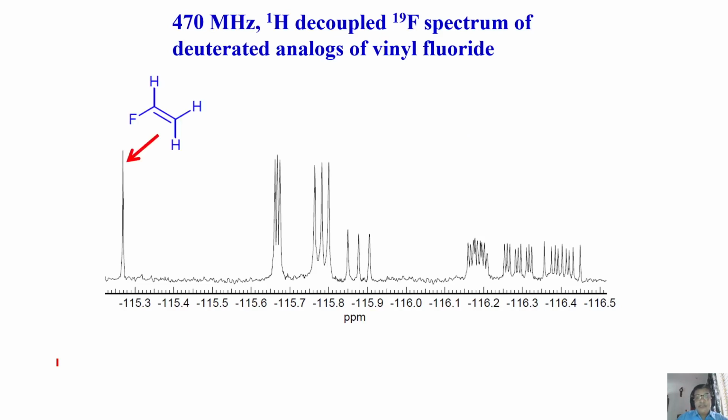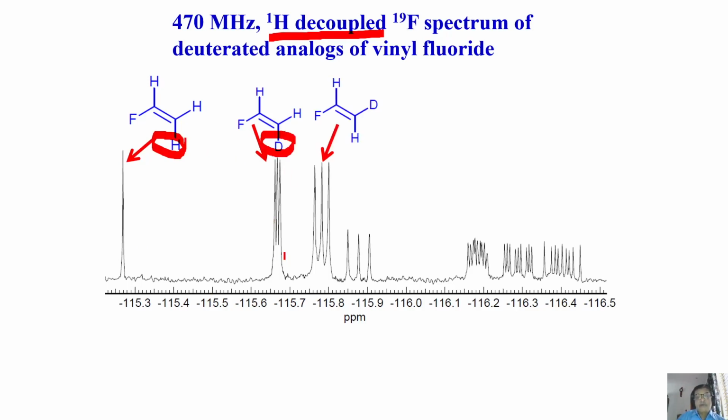Now I am going to give you a last example of this, I think for this class. Look at the fluorine NMR spectrum of vinyl fluoride. This is vinyl fluoride. When there is a single fluorine, proton decoupled, remember, so no proton-fluorine coupling, you get a single peak. What about if I have deuterium here? Instead of proton, I replace one of the protons by a deuterium. It becomes three lines. Now I put deuterium here.